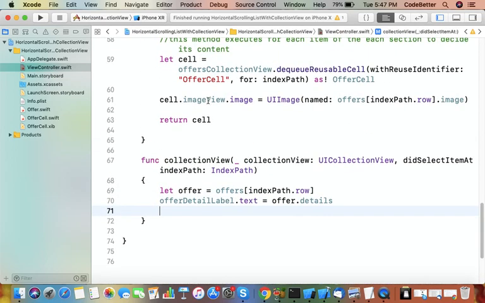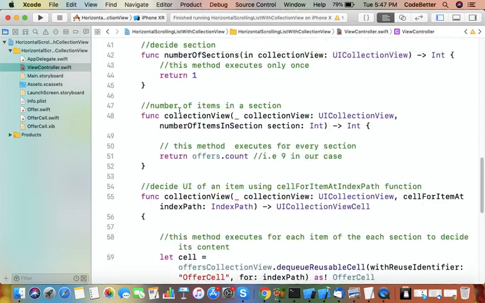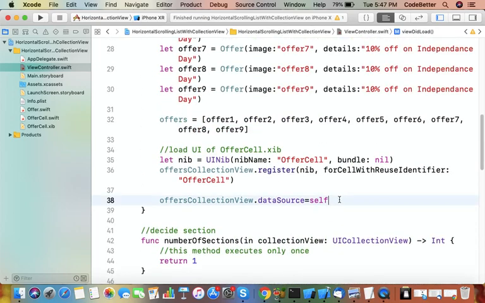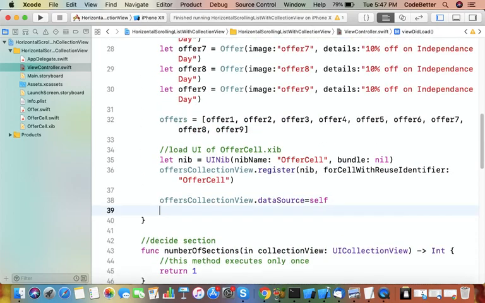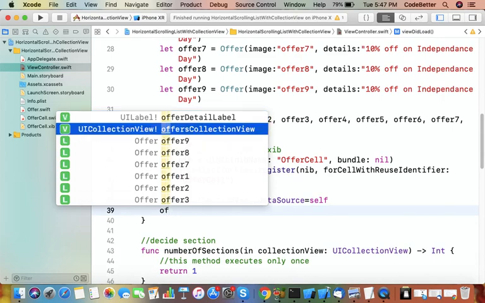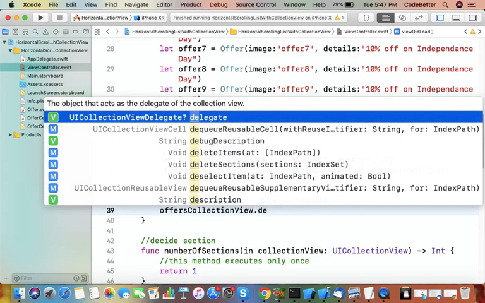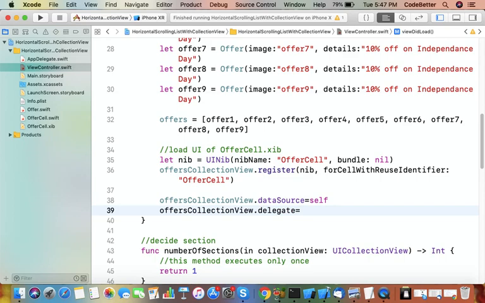Now we have implemented a new protocol and a new method, so we have to tell the collection view that the selection implementation is in a different protocol. So offerCollectionView.delegate is used to assign the protocol for the selection method, equal to self.